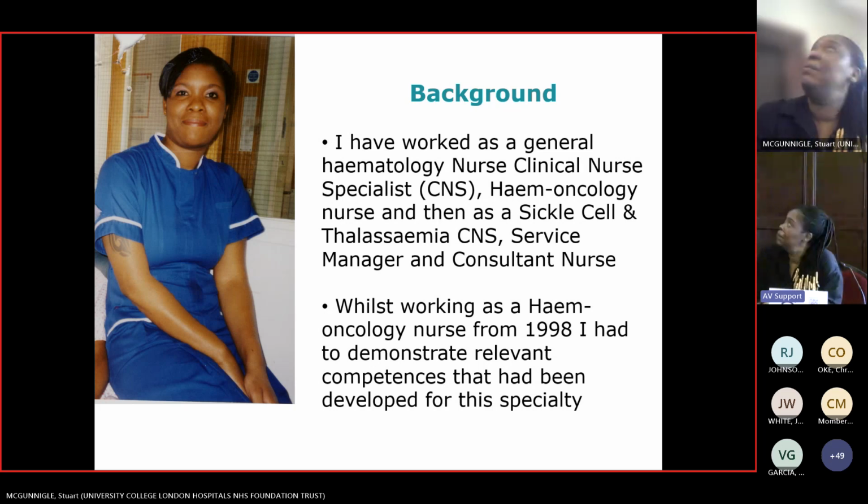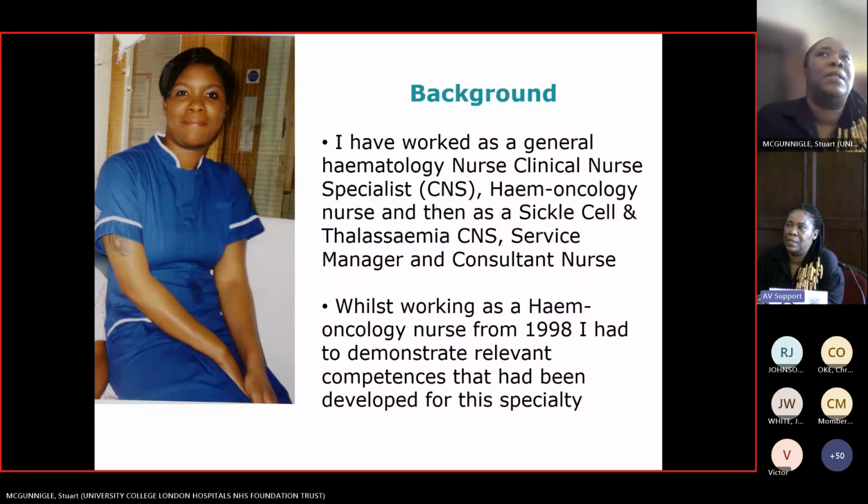I've done many jobs in my lifetime, but the ones that were really key was working in general hematology. Then I worked as a clinical nurse specialist in heme oncology. Then I worked as a sickle cell and thalassaemia CNS, and then I became a service manager and lead nurse for Newham in East London for 15 years. I am now a consultant nurse at North Middlesex Hospital, but however, the reasons why the current nursing competencies actually